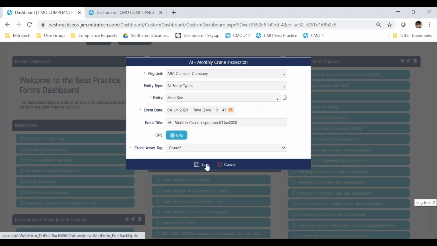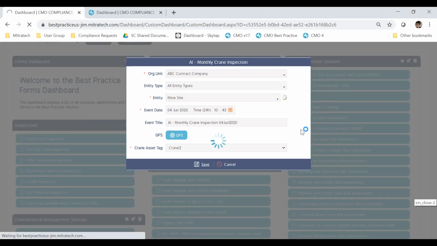And then what I'm going to want to do is interrogate the external system so that I can pull back the relevant information about this particular crane. So now the form's loaded, you can see here that I've got a button, which is "click here to retrieve the crane details". And this is using an API call from the API library. And when I click on that button,